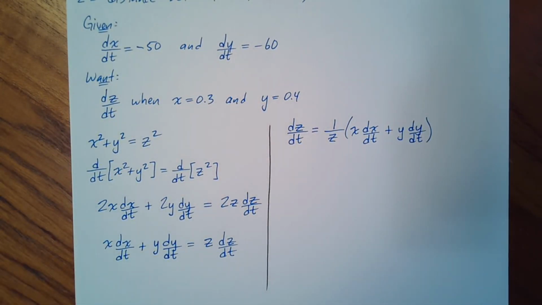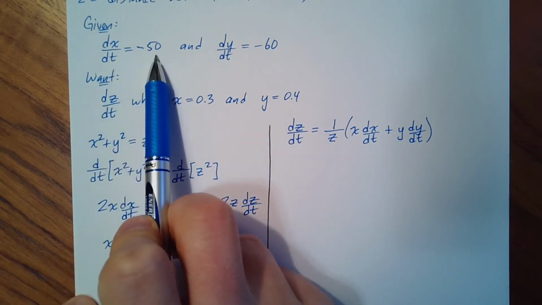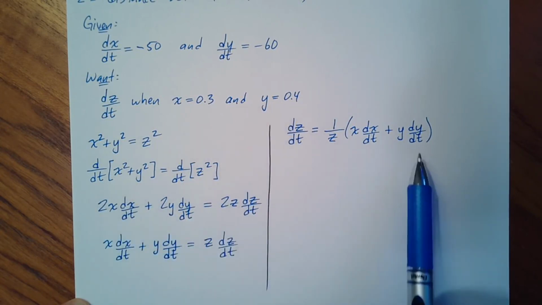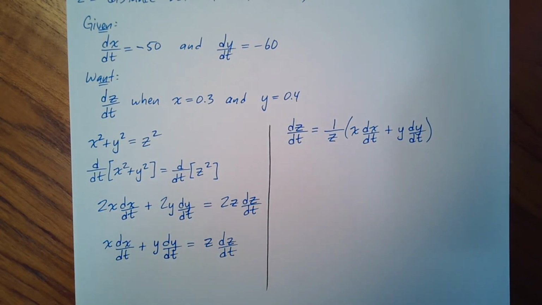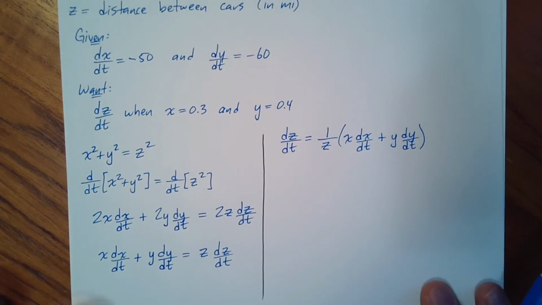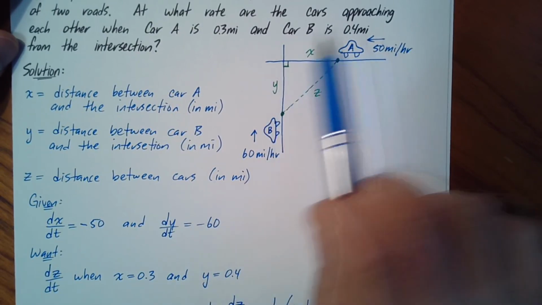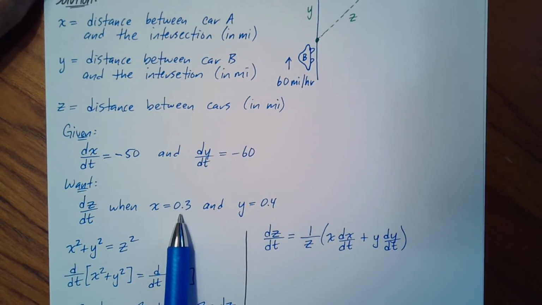So, well, let's just take inventory here. X, we have a value for: 0.3. dx/dt, we have a value for, it's negative 50. Y, we know is 0.4 at the point in time we care about. dy/dt, that's going to be negative 60. What about z? We don't have a value for z. That's a bit of a fly in the ointment, so to speak. So how do we deal with that? Well, that's going to be one of those cases where we have to take a snapshot of our situation, right? Again, if you think of this as a video, a motion picture, and you take a snapshot right at the point in time when x is 0.3 and y is 0.4,